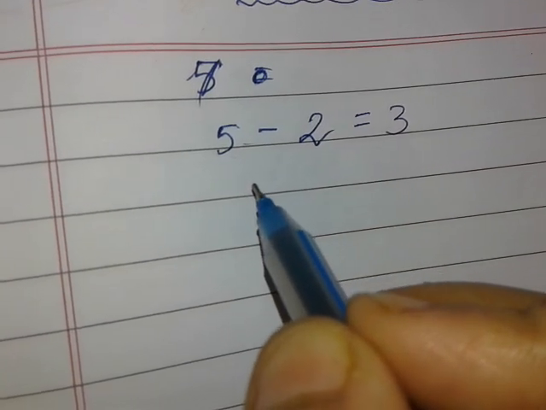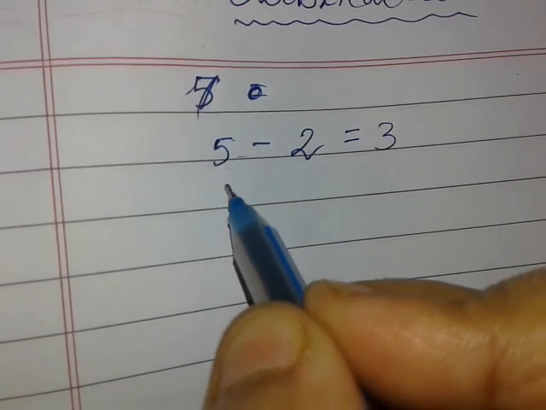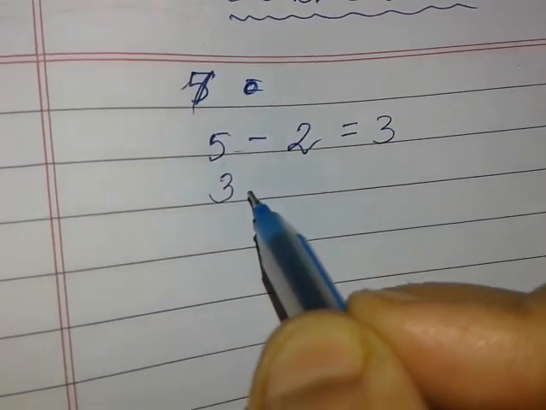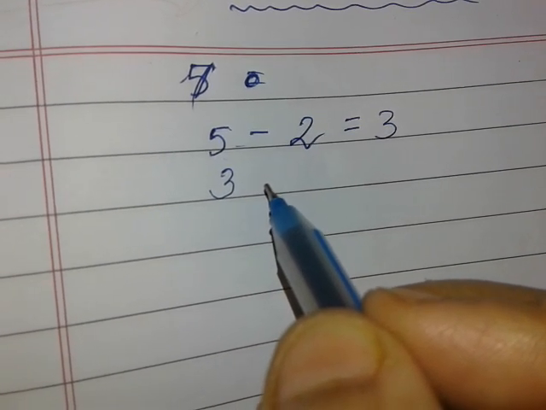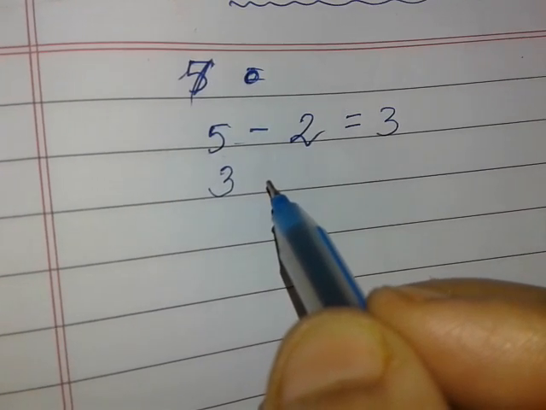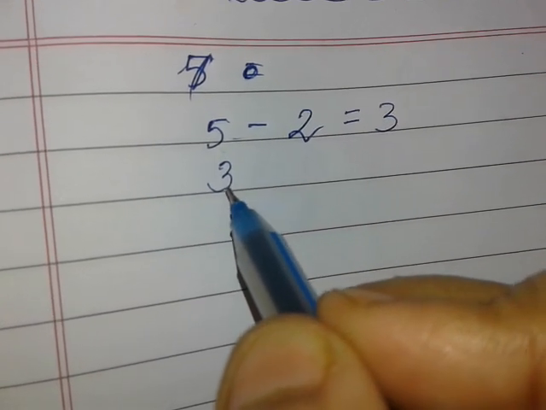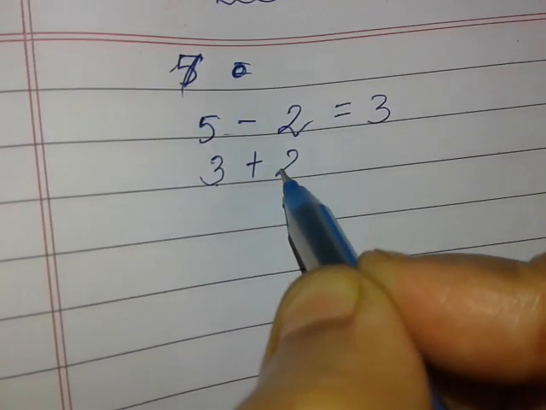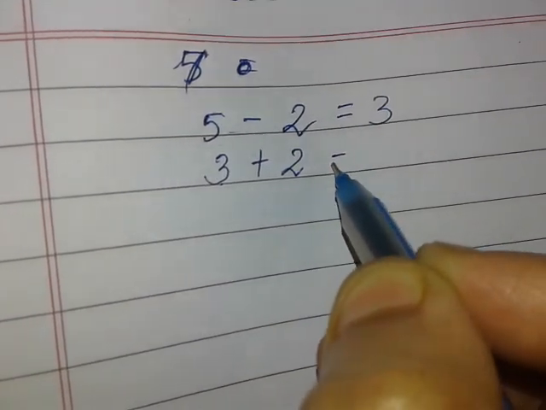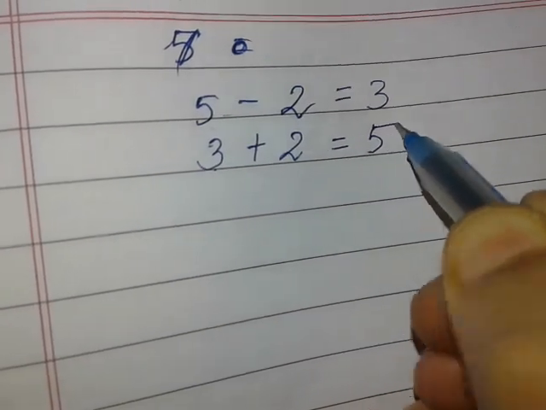So at night, when you go to your father, you tell your father, "Father, I have only 3 toffees." Your father asks why you have 3 toffees. What happened to the other toffees? Now you are telling the story to your father: I have 3 toffees now. In the evening I gave 2 toffees to my friend because I had 5 toffees in the morning.